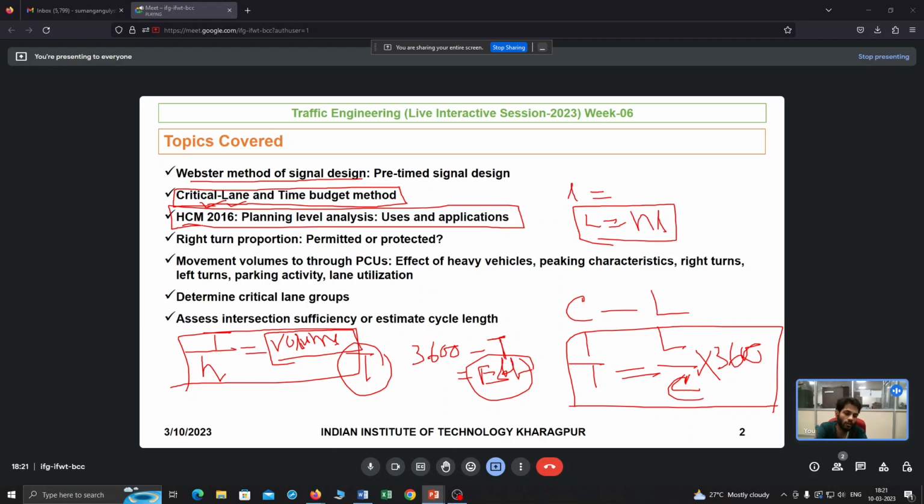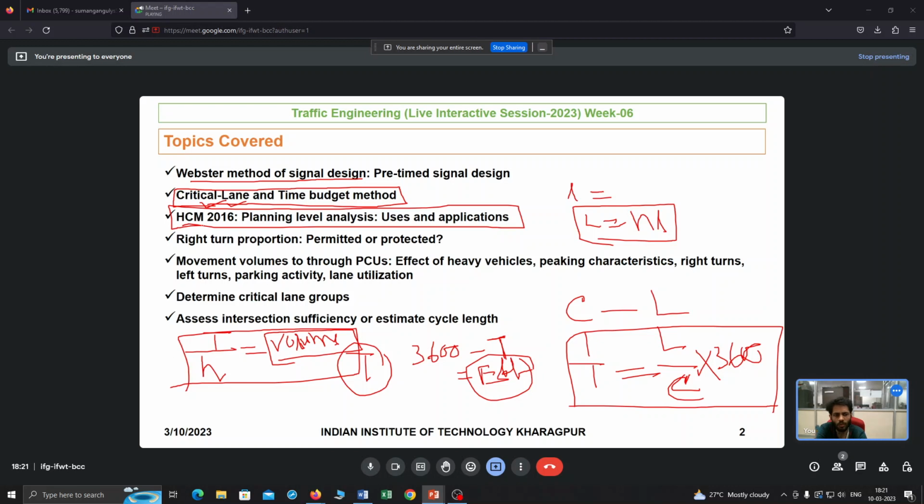By field investigation, you can determine the current traffic volume, the available intersection area, the number of lanes, and the width of those lanes. Those information are with you, and now you want to design a signal from scratch. According to the Highway Capacity Manual 2016, the first thing is to decide whether the right turning movement is permitted or protected. You already know what permitted and protected mean. Permitted means